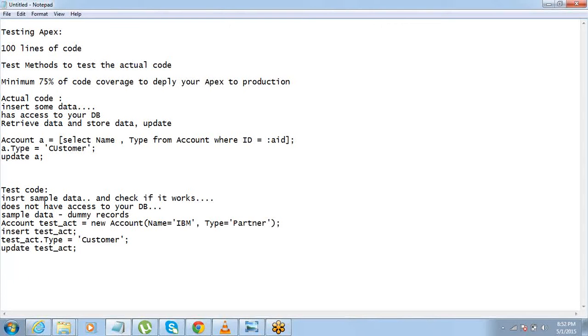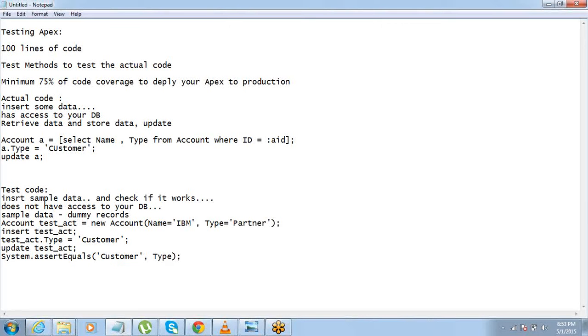Now, and finally, you can just go ahead and do a System.assertEquals to check whether the type got updated correctly or not. That's our thing. So that's it.